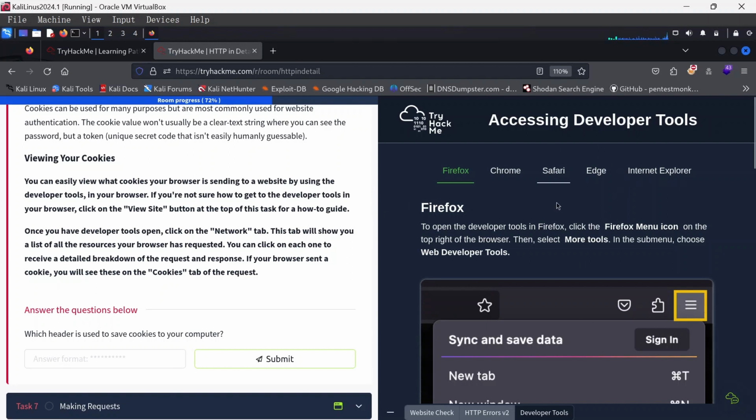Once you have the developer tools open, click on the network tab. This tab will show you a list of all the resources your browser has requested. You can then click on each one to receive a detailed breakdown of the request and response. If your browser set a cookie, you will see this on the cookies tab of the request. Now, which header is used to save cookies to your computer? Before we answer that,